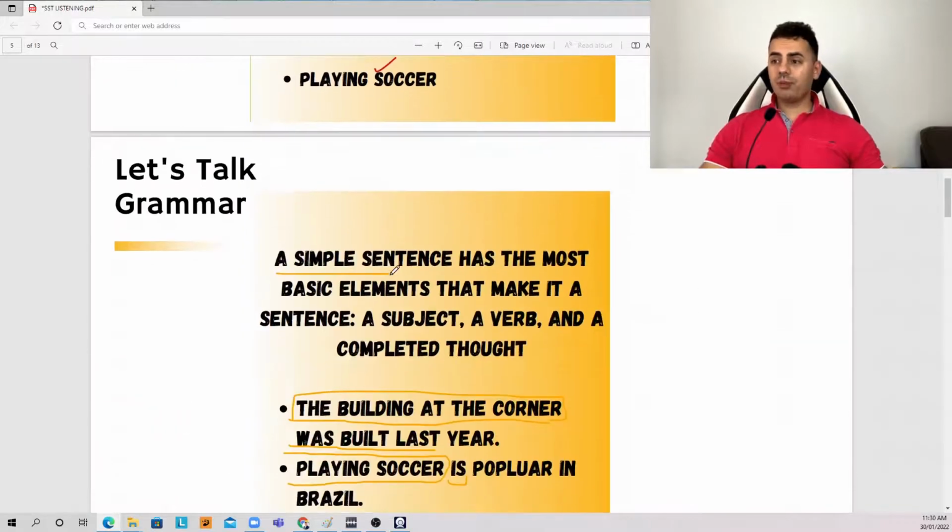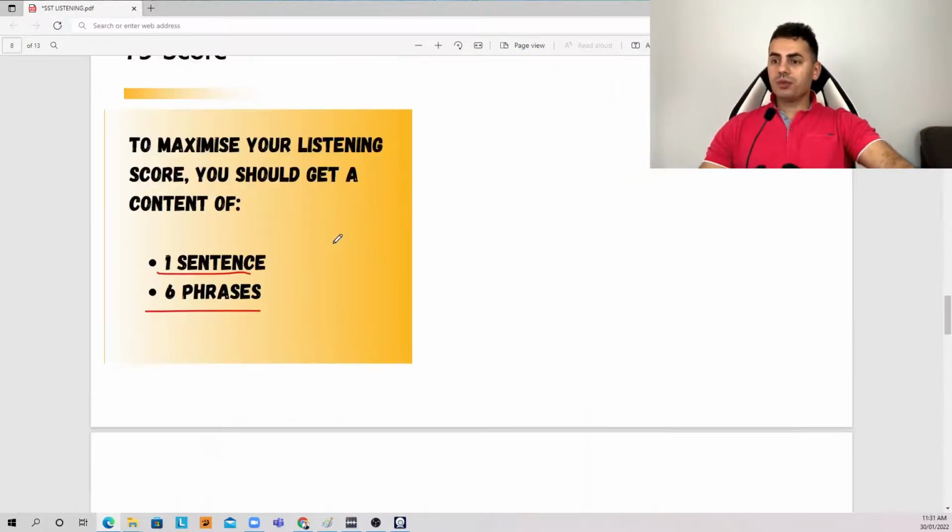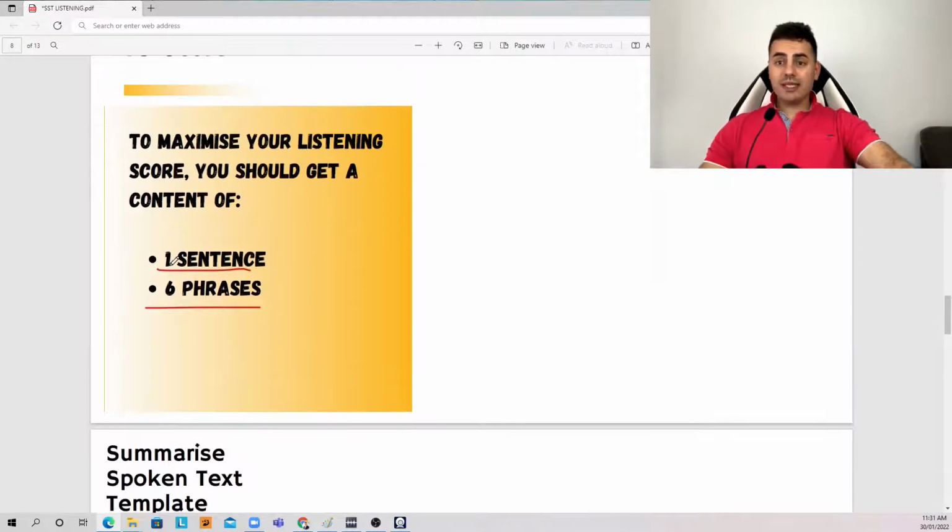And I need 1 simple sentence, something similar to this, because later we're going to make it complex using our template. So all I'm after is 1 sentence and 6 phrases. That's it. You are listening, you write and write and write. Even if the recording finishes, you can still shape up a sentence, and you already have the 6 phrases that are the easiest to be grabbed from the lecture.